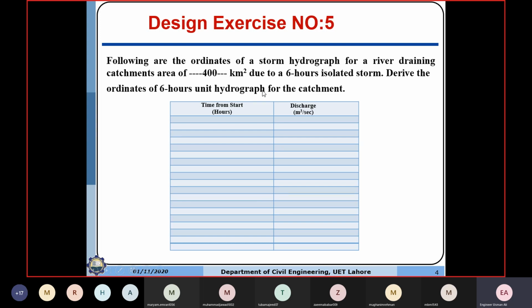And whatever unit hydrograph we derive from the given hydrograph, same will be the duration of that unit hydrograph. तो हाइड्रोग्राफ की ड्यूरेशन जो है, वो उस रेन स्टॉर्म की ड्यूरेशन होती है जिसके रिजल्ट में वो हाइड्रोग्राफ किसी भी कैचमेंट के आउटलेट पे जनरेट होता है। और अगर हम किसी भी हाइड्रोग्राफ से यूनिट हाइड्रोग्राफ डिराइव करेंगे, तो उस यूनिट हाइड्रोग्राफ की ड्यूरेशन वही होगी जिस हाइड्रोग्राफ से उसको डिराइव किया गया। So this duration is very very important to mention,